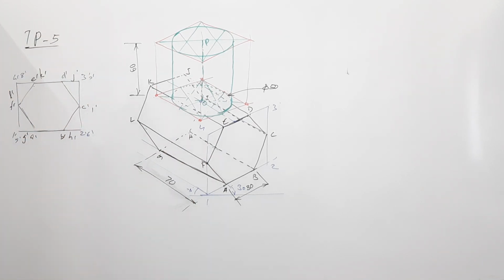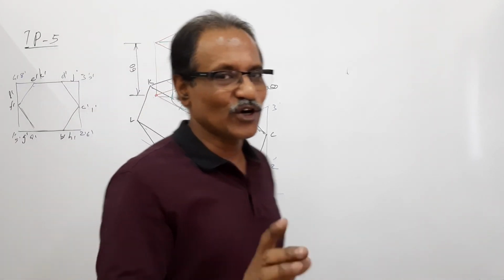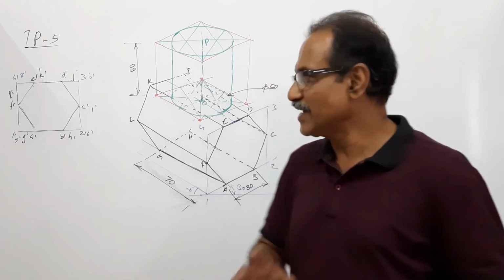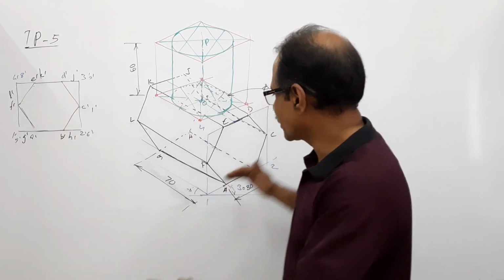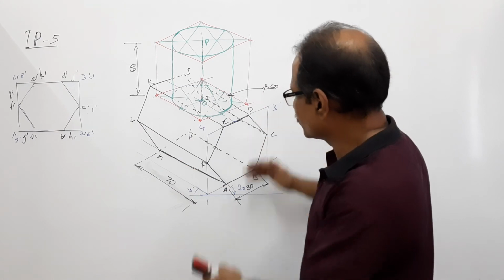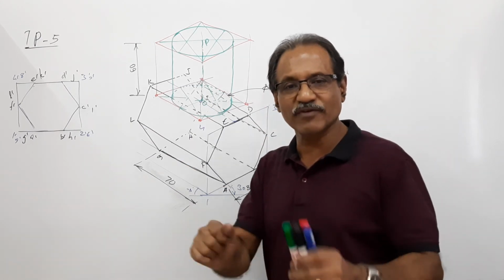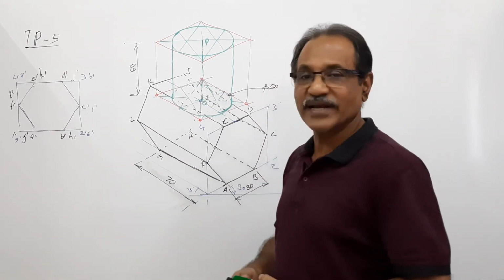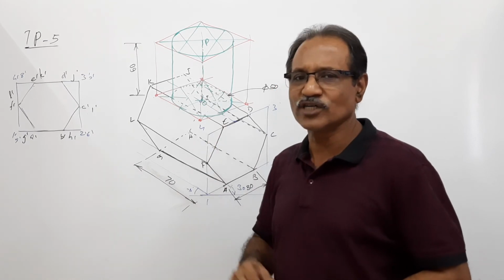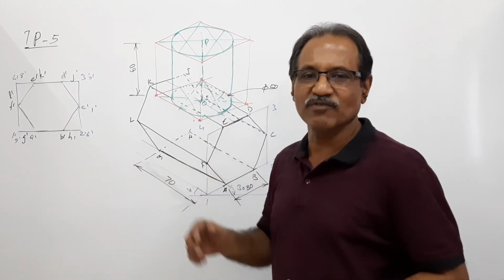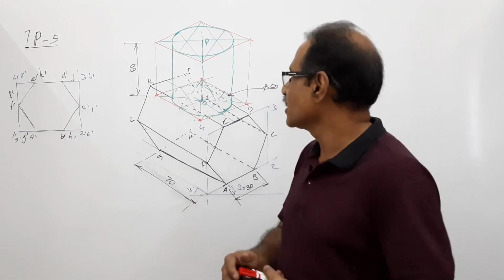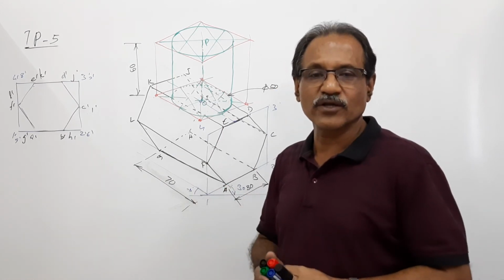That can also be done. Very, very interesting question. Not very easy, I tell you. To visualize the elevation like this and reproduce the prism lying like this itself is a task. Unless you are very confident, you will find it difficult. So you have to draw and learn this. Don't just see and be satisfied with it. Draw this once, at least once, so that it becomes very, very familiar to you.